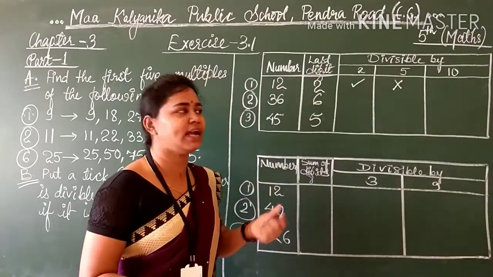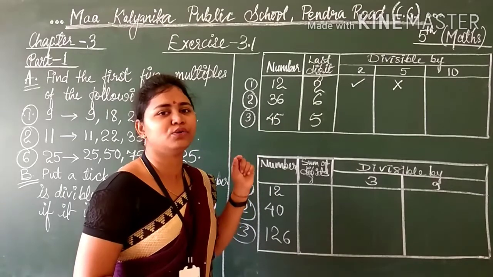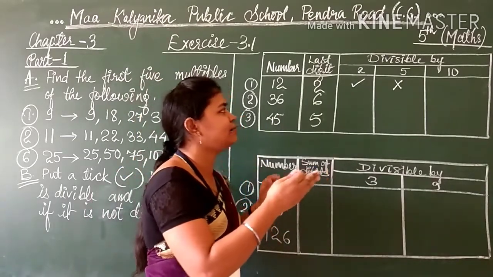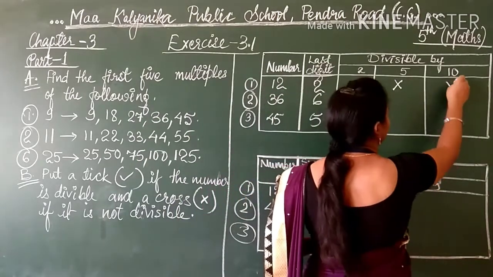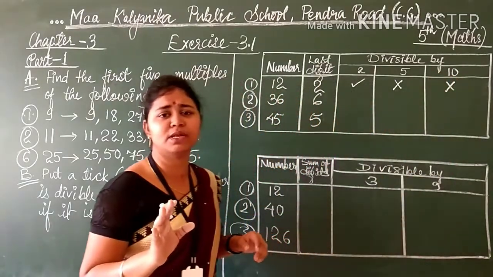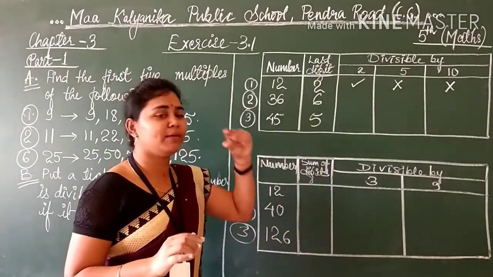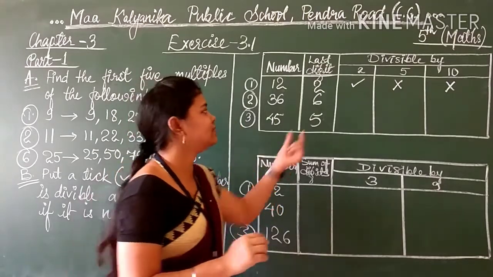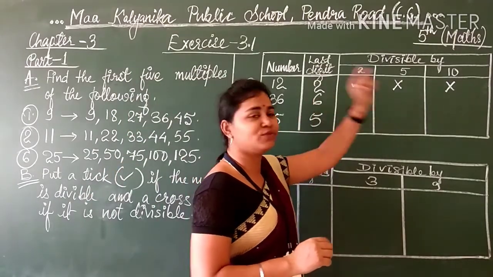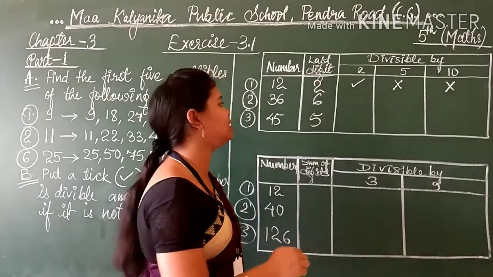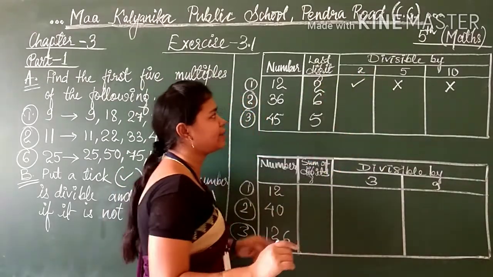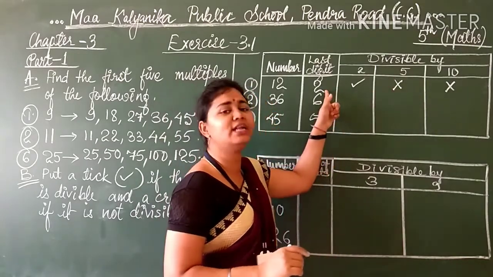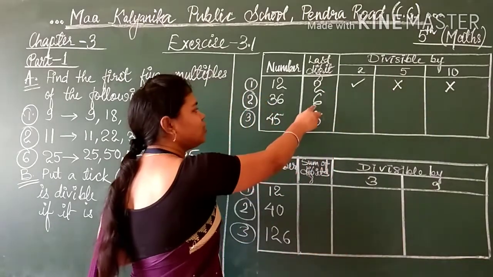Then in the table of 10, of course 10 is also greater than 2. It will not come. Can 10 divide 2? No, it is not possible, it is smaller. You know the divisibility rule that if the number is smaller, then it cannot be divided. You have to take the bigger number or an equal number. Like here, 2 ones are 2, the same number is there. But 5 and 10 are greater than 2, so it cannot be.